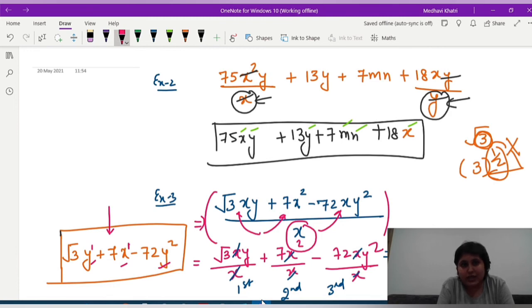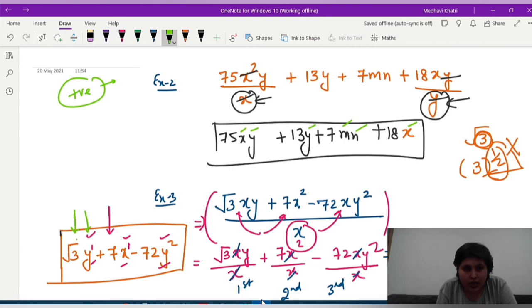But I know that some of you are confused with this root 3, and some of you are saying that this expression is not a polynomial. But you all are wrong, because I made it very clear that we just need to check the powers of the variables and we are not at all worried about the constants' powers. Here we have all the variables having a positive power only, that is y is having a positive 1 power, x also has a positive 1 power, y also has positive 2. So our variables have positive power. That means this particular expression will be called a polynomial.